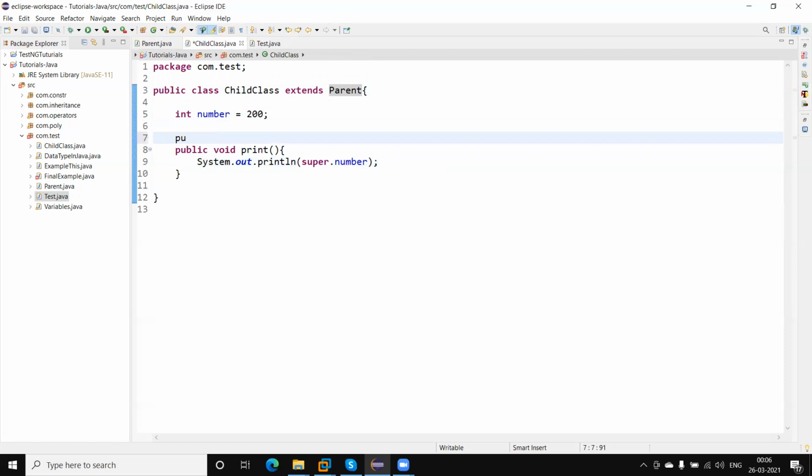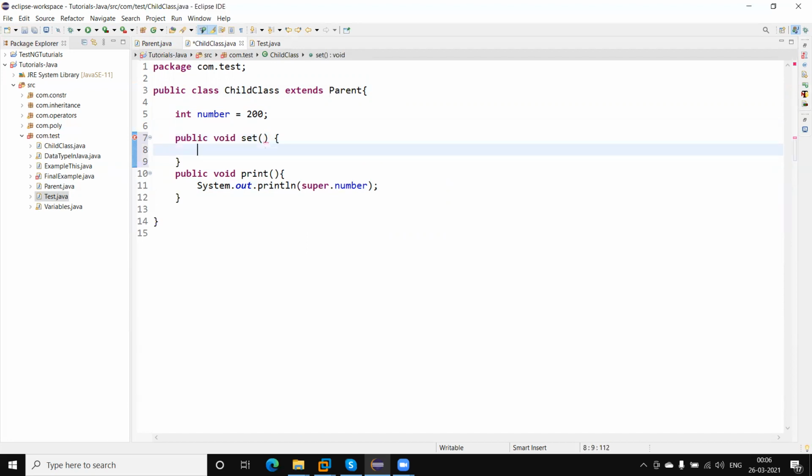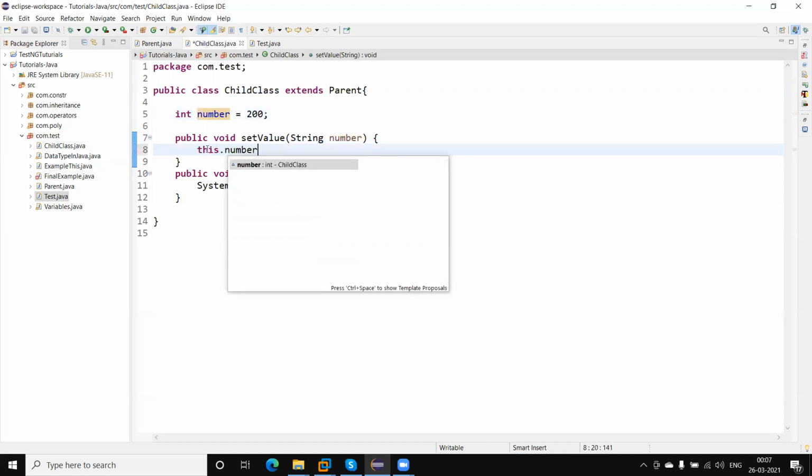Now, suppose that we have two methods, set value, integer number, this dot.